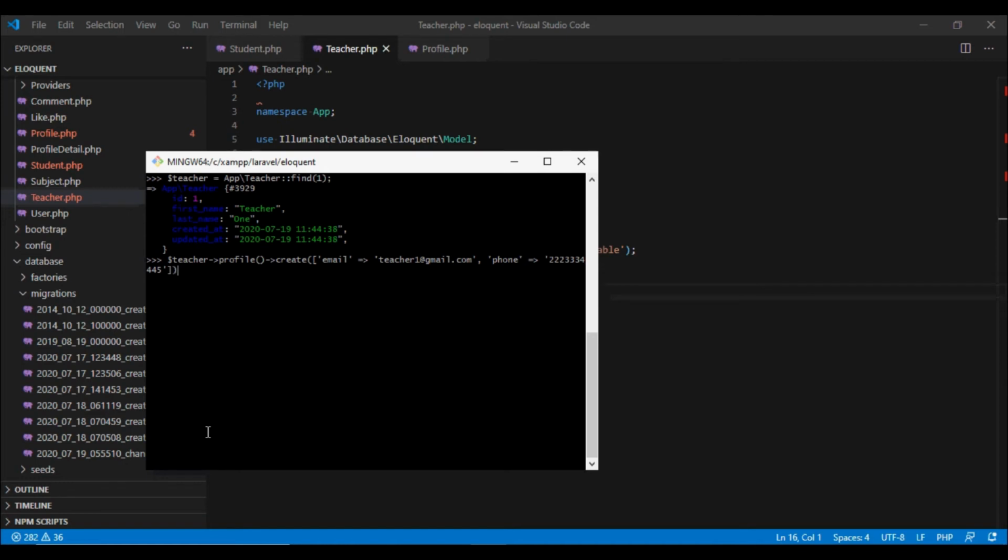And once we save it, we see that the profilable_type now contains App\Teacher and the profilable_id contains the ID of the teacher.